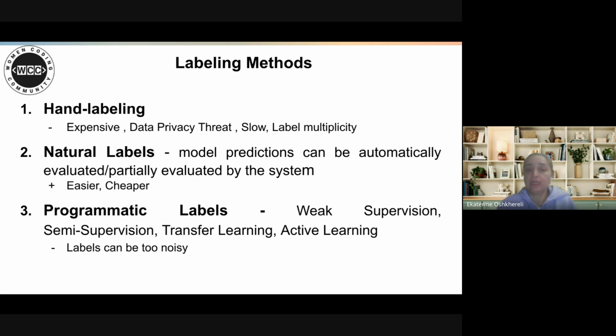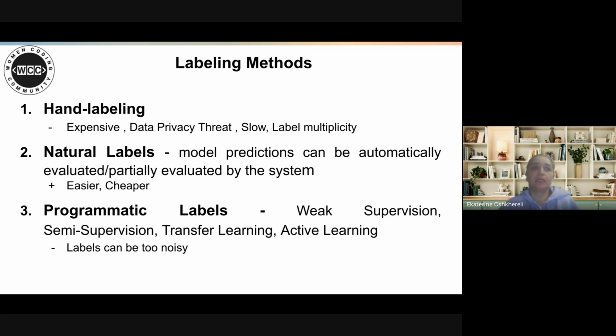And easier and cheaper are natural labels, which are quite often used nowadays. It comes when a model prediction can be automatically evaluated or partially evaluated by the system. What does it mean? For example, if we have a system that predicts stock prices for the next 2 minutes, after 2 minutes we can see the real stock prices, and the model can evaluate how good this prediction was.